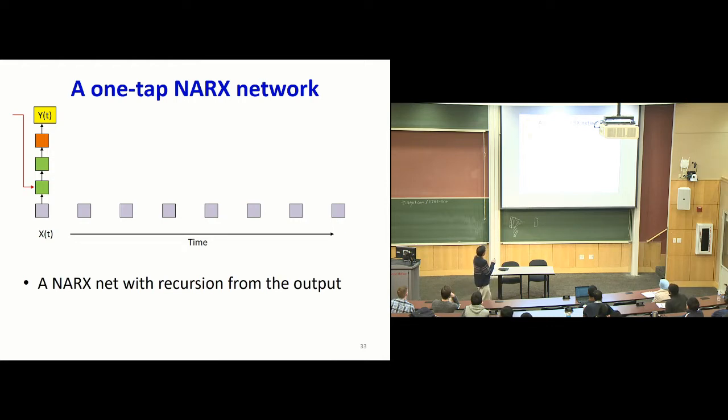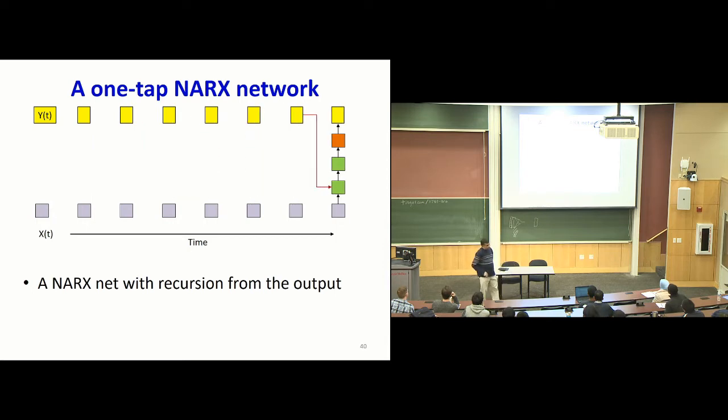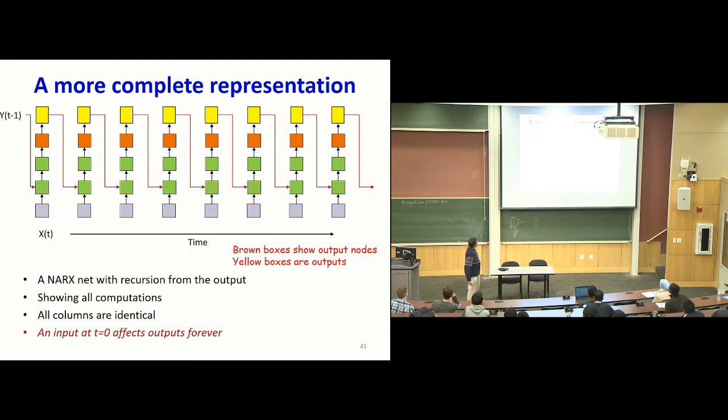At any time, you have, let's ignore this for the moment, some input. It's going to produce the current output. Then at the next time, the input here and the output at this time are going to be fed in to produce the next output. And you're going to keep repeating this operation all the way to the end of time. So if I show you the entire sequence of computations instead of just animating it, this is what the actual computation looks like, right?